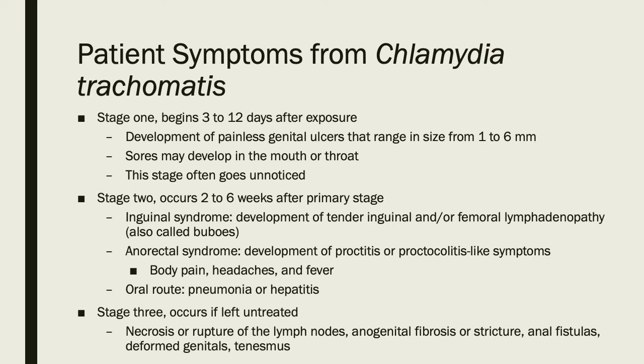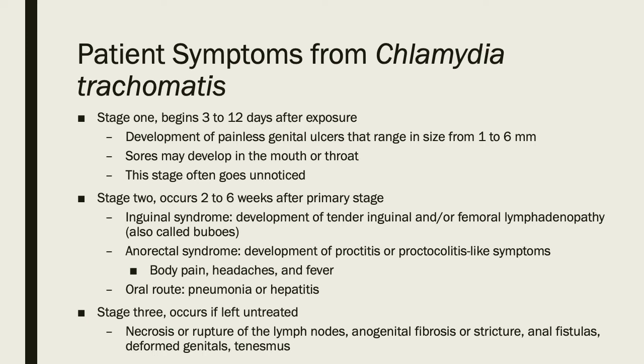When transmission is through the oral route, symptoms may include swollen and tender lymph nodes in the head or neck, which could lead to pneumonia or hepatitis. Drainage of blood or pus from the sinus tract may also occur. The third stage usually occurs when Lymphogranuloma venereum has been left untreated. This stage is characterized by necrosis or rupture of the lymph nodes, anogenital fibrosis or stricture, anal fistulas, deformed genitals,